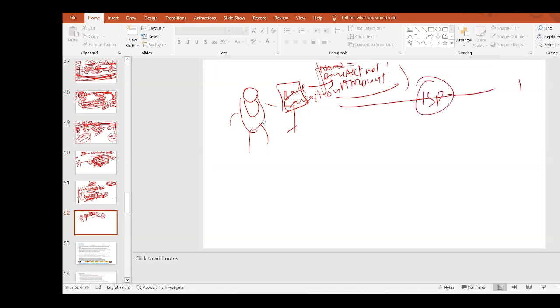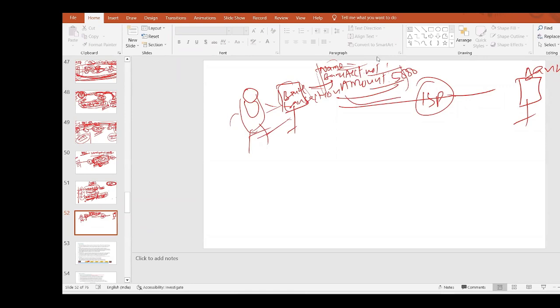This is the ISP, and this is my bank server. So what happened? This guy, in his PC, was doing some amount transfer, and he put his name, his bank account number, and the amount is 5,000. He submitted the application. Now it is reaching the ISP. It's supposed to go to the bank server, but in a man in the middle attack, there is one hacker which